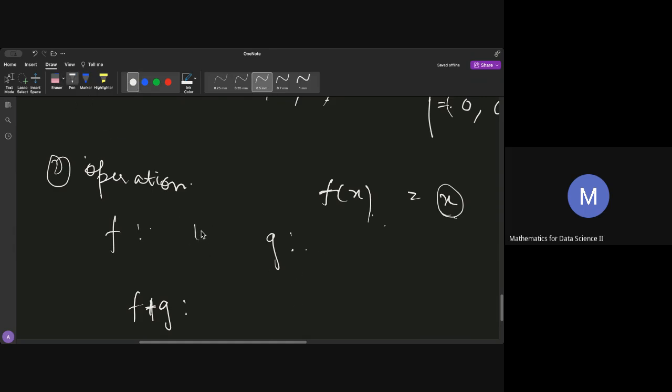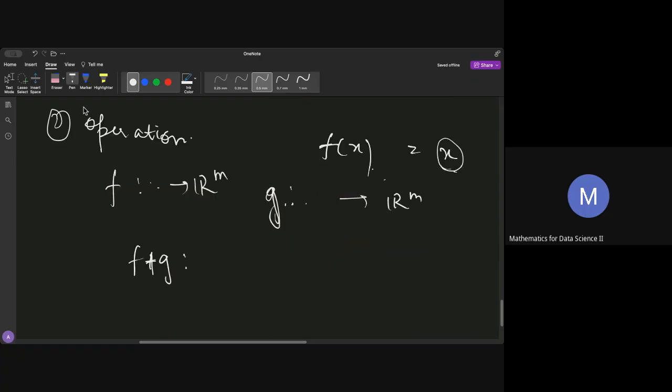That means if I'm taking this function from some domain to Rm, then this function g should also be from some domain to Rm. And the same goes for the domain, because my domain has to be common for both. So this will be from Rn to Rn only. So if you want to add two functions,